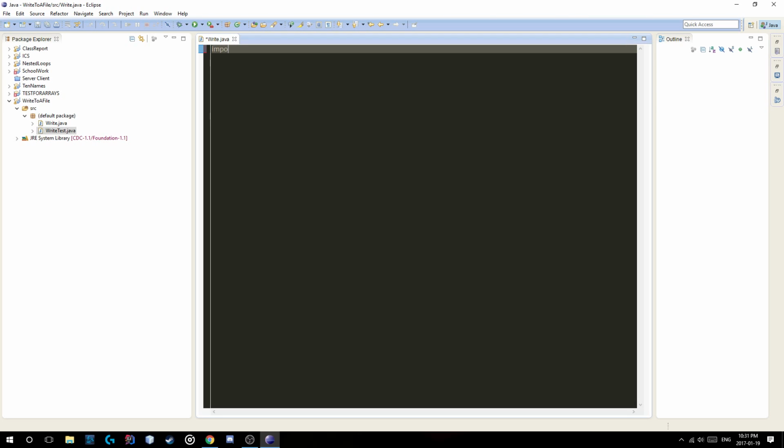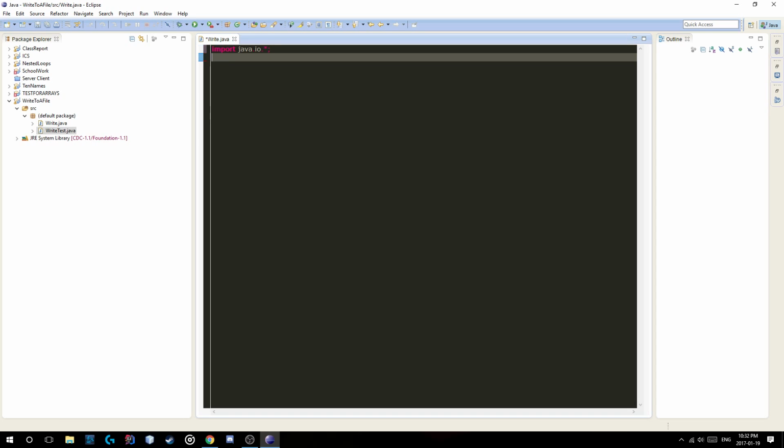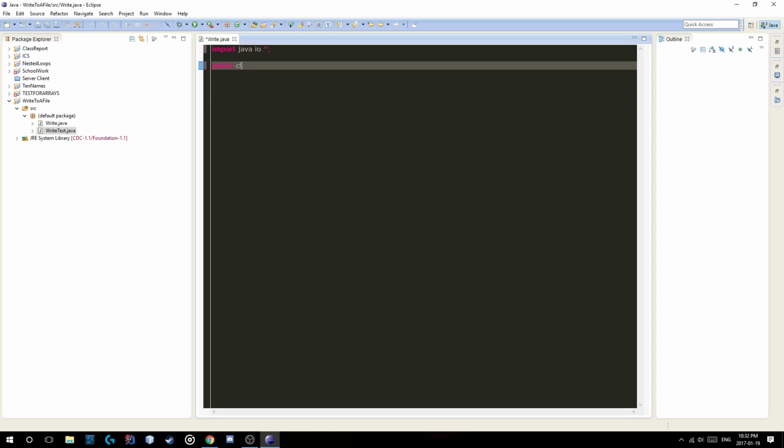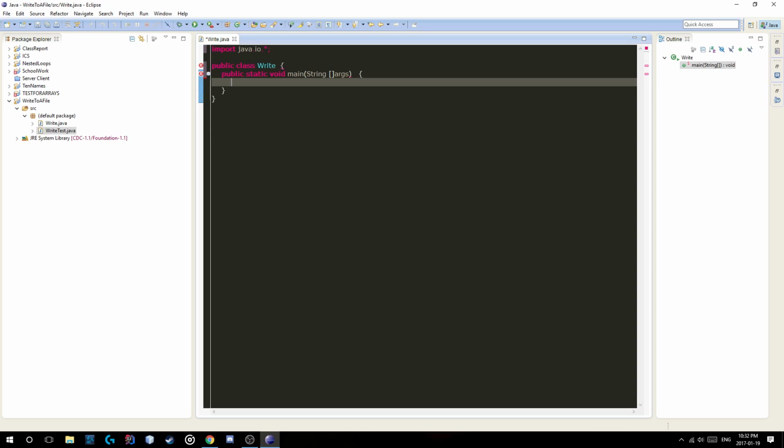So first you want to import java.io because we'll be using this for the file writer and print writer. Next, create a public class. I'm going to call this write, and a main method. In IDEs like Eclipse, you can already have these inherited Java strings, which come with the public class and the main method. So we're going to add a try,